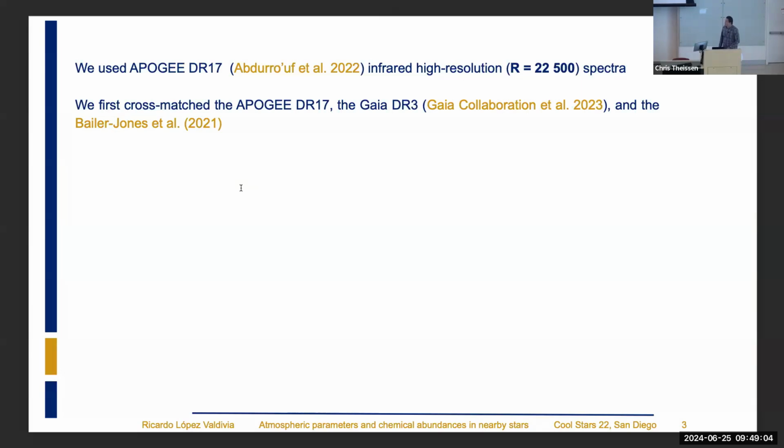We are using APOGEE data. At UNAM, we are a member of the SDSS collaboration, so we have access to APOGEE data. The APOGEE spectrograph is a high-resolution infrared spectrograph.